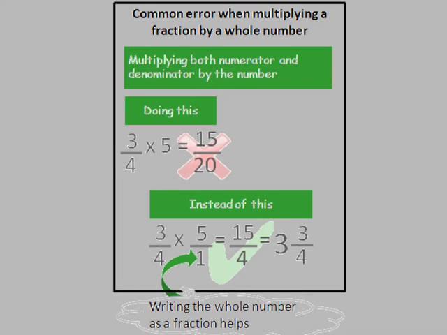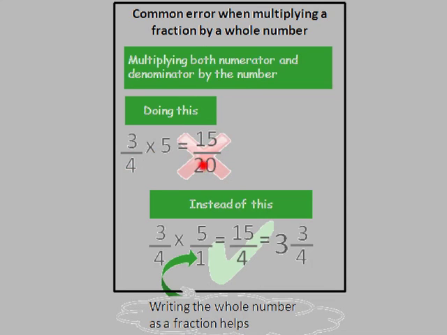Okay, now here is a common error that people make when multiplying a fraction by a whole number. Sometimes people will do this. They'll multiply both the numerator and the denominator by the whole number, which would make this like 3/4 times 5 equals 15 over 20. Well, we know that 15 over 20 actually is the same as 3/4, so it doesn't make sense that if you multiply it by 5, it could come out to the very same thing that it was to start with, only in a